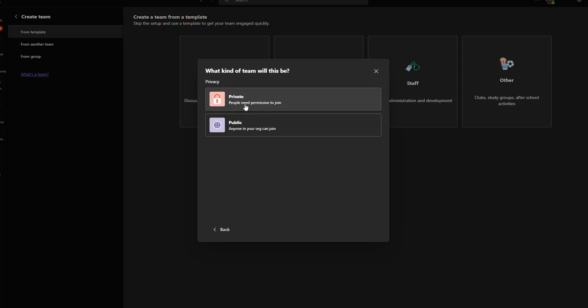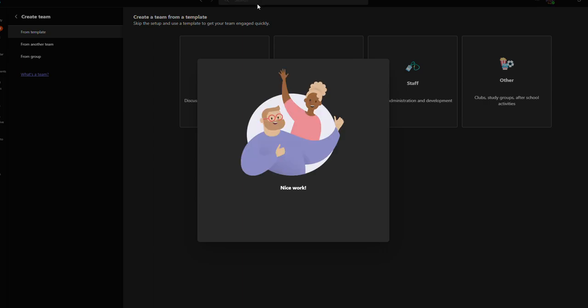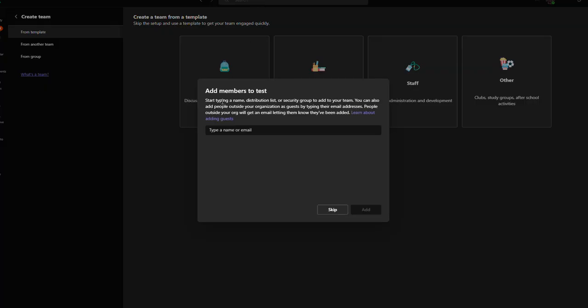Is it a private or public group? You make that determination. Let's say this is a public group. And then you give your team a name, write a description, and when you create it, you get this, and what it will actually do is just add members. You just simply type in the individual's name,